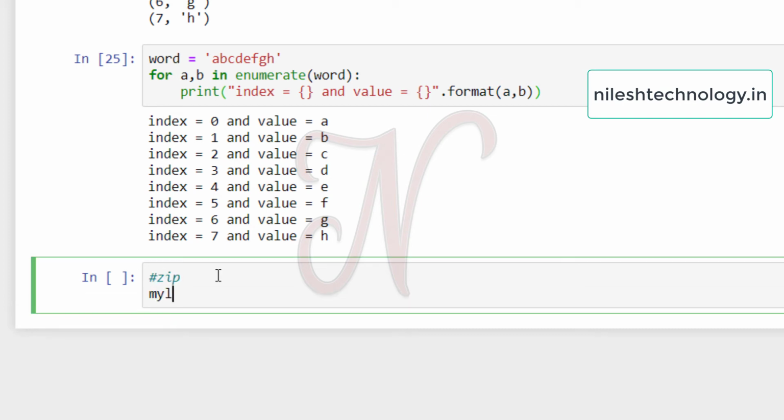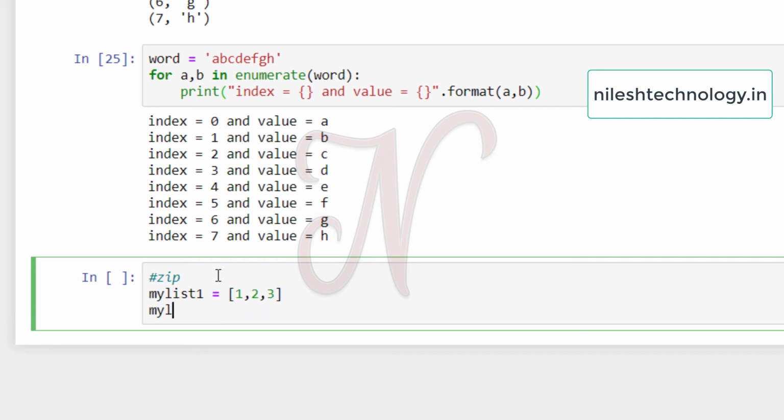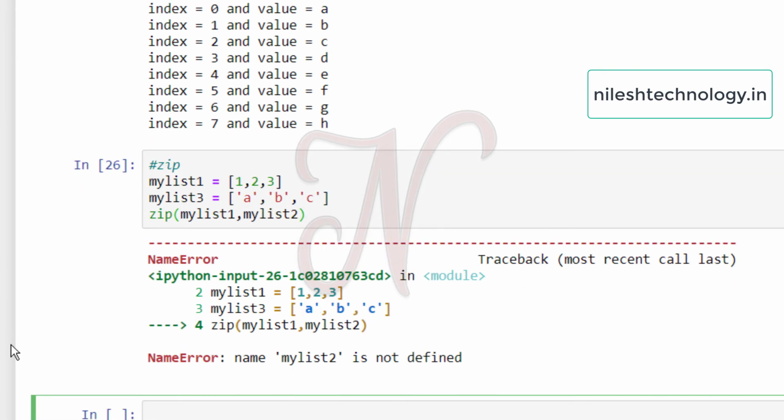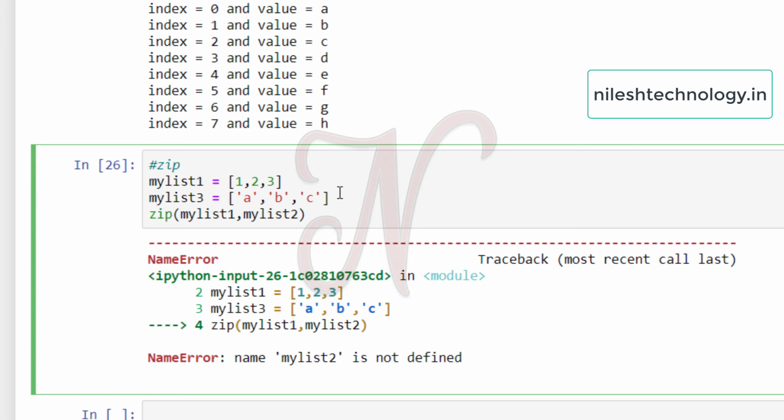Okay, so my list 1 is equal to 1, 2, 3, then my list 2 equal to A, then B, C, okay, then zip my list 1 comma my list 2. See here error: name my list 2 is not defined. See here, spelling mistake, my list 2.